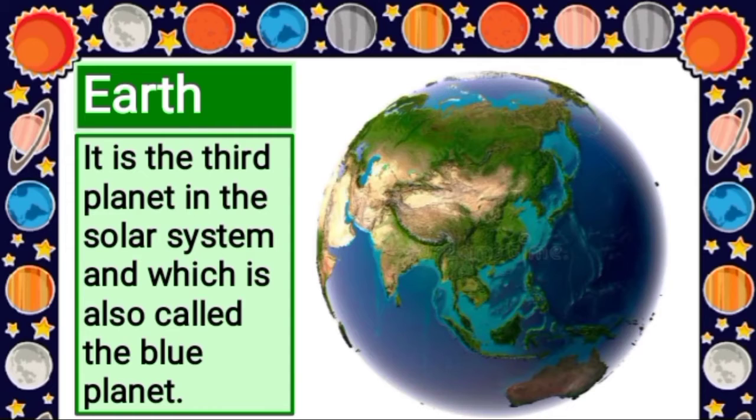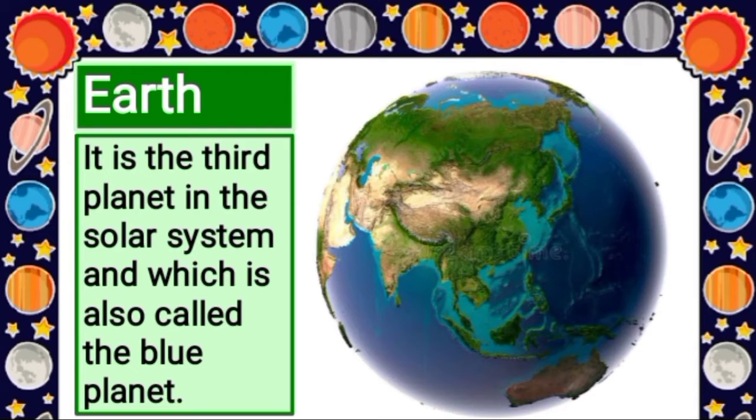As earth revolves around the sun, and due to its tilt, seasons are created, and because of its rotation, day and night are created. Means it rotates about its own axis, thus creating day and night, and it takes 24 hours to make one rotation. And it orbits, means revolves around, the sun once in about 365 days.